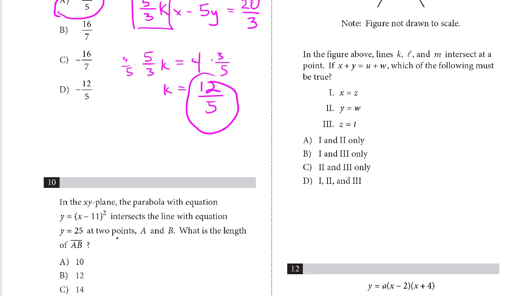Number 10: In the xy plane, the parabola with equation y equals (x minus 11) squared intersects a line with equation y equals 25 at two points. Okay, so I've got a system of two equations. One is quadratic, one is linear. I can solve this a couple different ways. I'm going to start